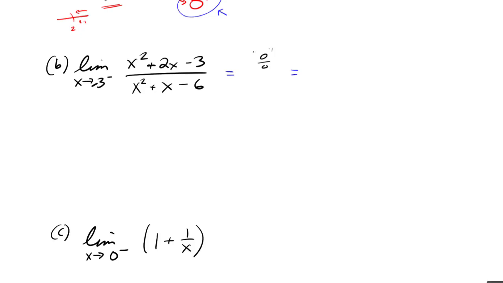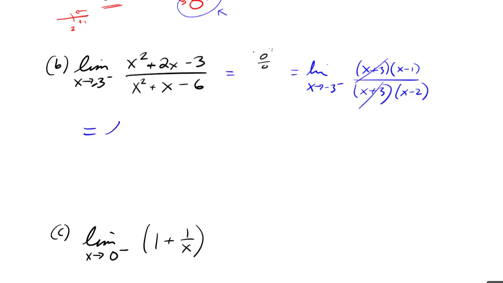And what that means is I need to continue. Okay, I need to go further. So what I'm going to do is factor. That should make things easier to see. Top factors to x plus 3, x minus 1. The bottom, x plus 3 over x minus 2. Okay, well, now we see the x plus 3 in numerator and denominator can be canceled. That was causing the 0 over 0. And now I go to -3 from the left of, nope, sorry, that's gone, x minus 1 over